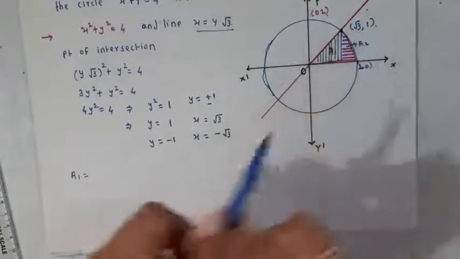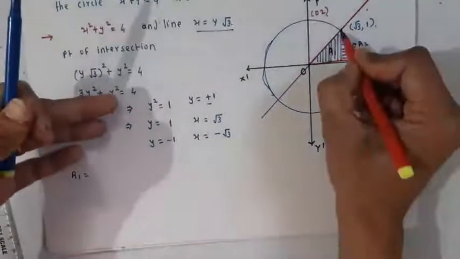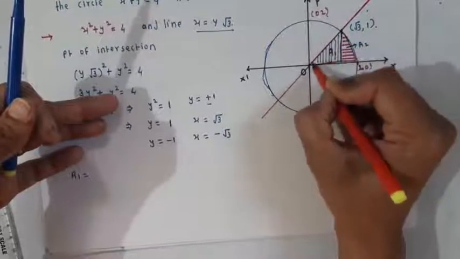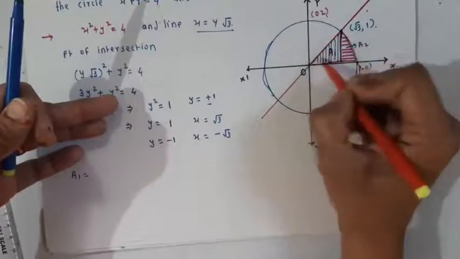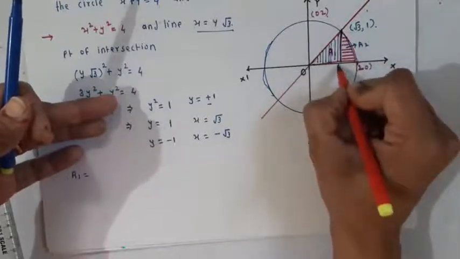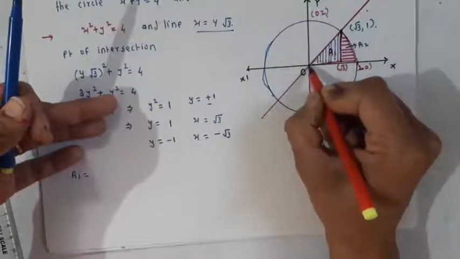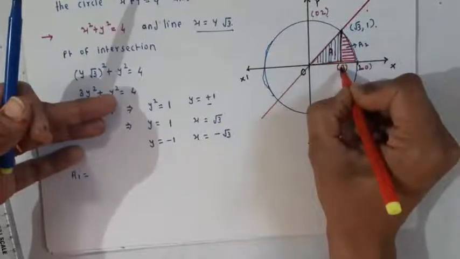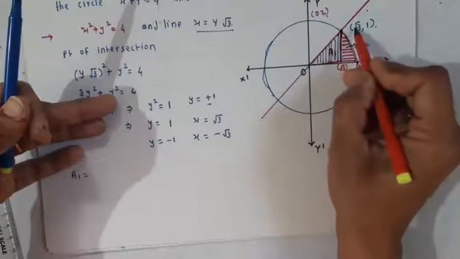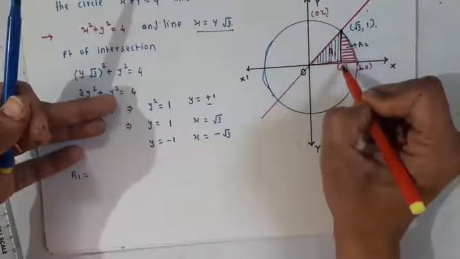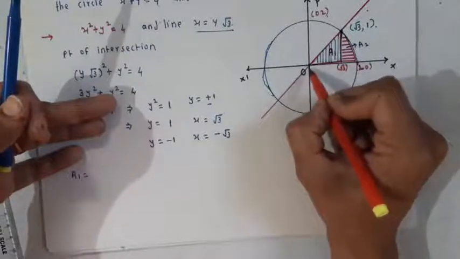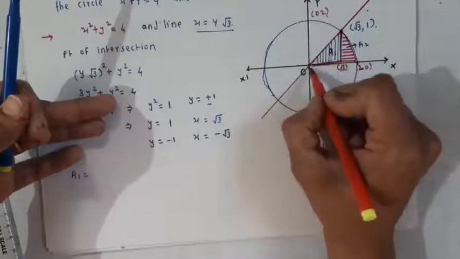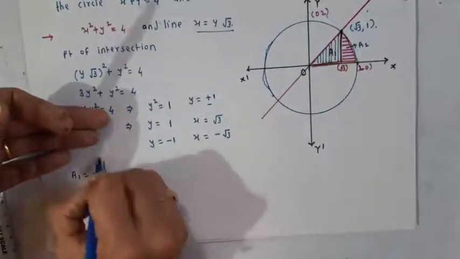Okay, see here, this is the area due to the line, the triangular area due to the line. Okay, and limits of integration. So here, x equal to 0 to x equal to root 3. Here the point of intersection is root 3 and 1. So the x coordinate is root 3, which means the limits of integration on the x-axis to find this much area are 0 to root 3.